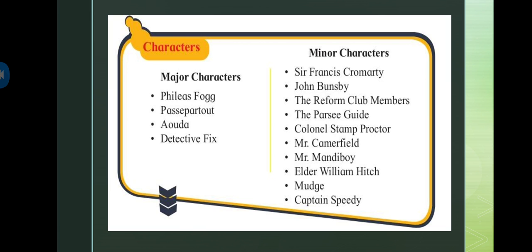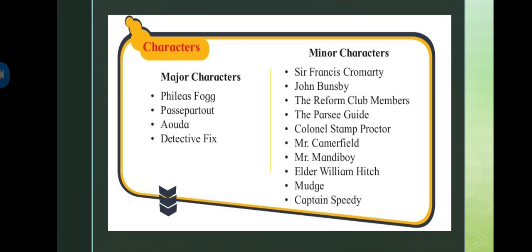The main character of the whole story, the novel, is Phileas Fogg, and then Passepartout, Aouda, and Detective Fix. These are the major characters, and then come the minor characters: Sir Francis Cromarty, John Bunsby, the Reform Club members,